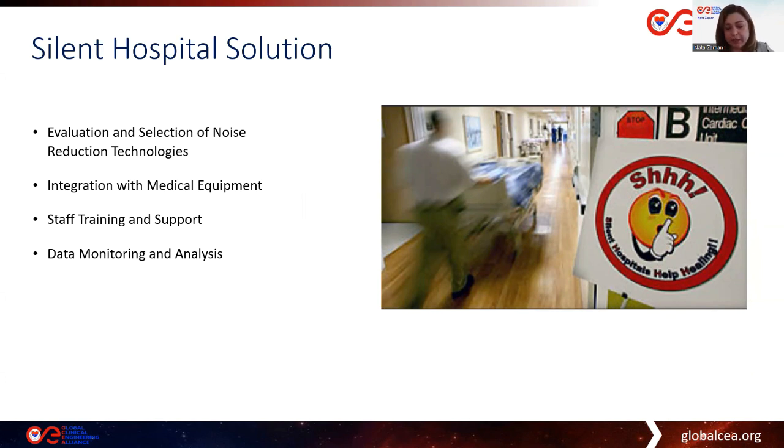One of the main anxieties patients and the public have voiced around hospitals is the alarms and the noise, which gives them a feeling of anxiety because they don't understand what these alarms mean or what they are supposed to do about it. By removing the alarm from the bedside of the patient and directing it to the person who provides direct care, it provides a quiet, healing environment for the patients, and also ensures that the alarm has gone to the right person to action